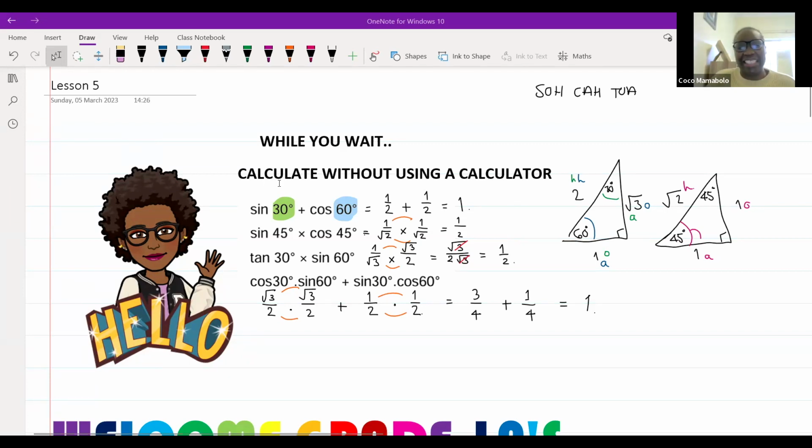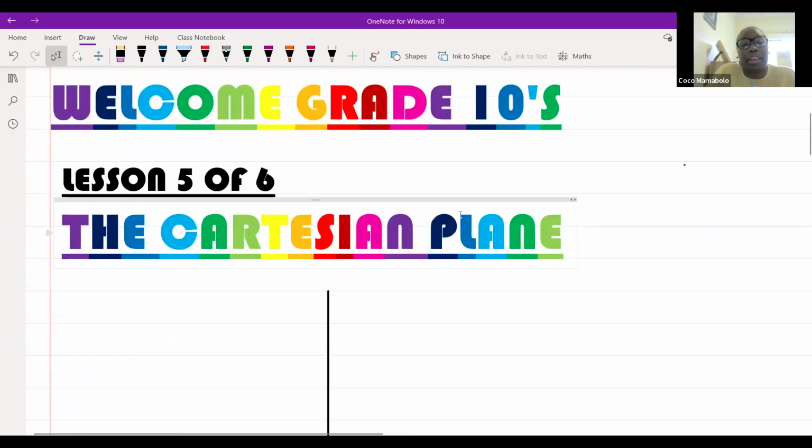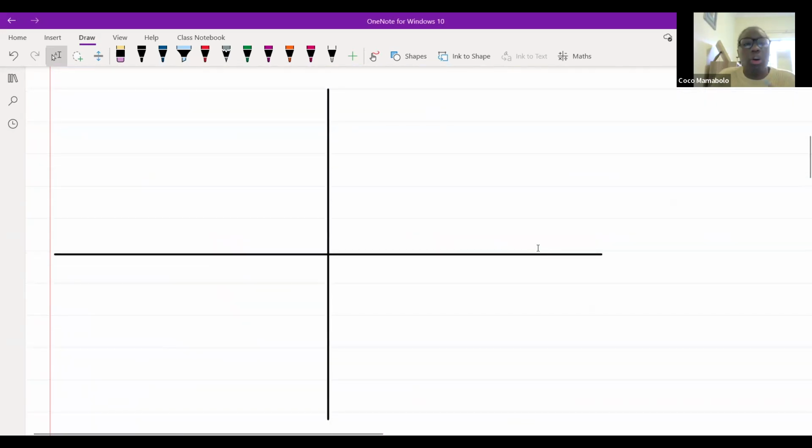All right, guys, let's get into today's lesson. So today what we're going to be doing is taking the idea of right-angled triangles and putting them on a Cartesian plane. Now, we've all seen a Cartesian plane before, right? We know that this over here is our x-axis, this over here is our y, this over here negative x, and down here we've got negative y. Now, the idea behind taking this trigonometry and putting it on a Cartesian plane is to get around the idea of coordinate